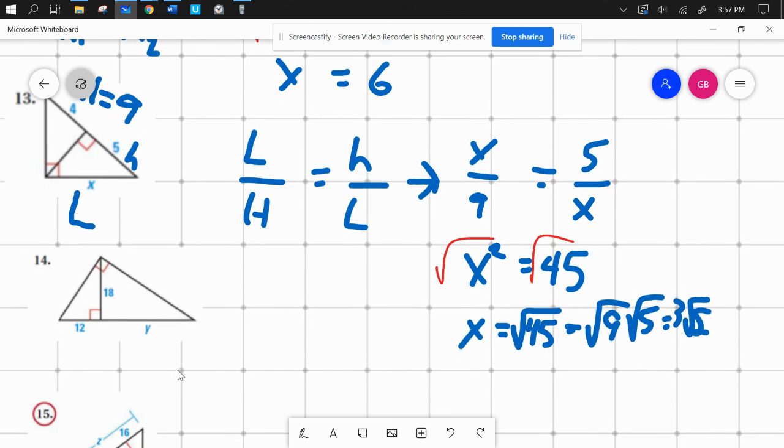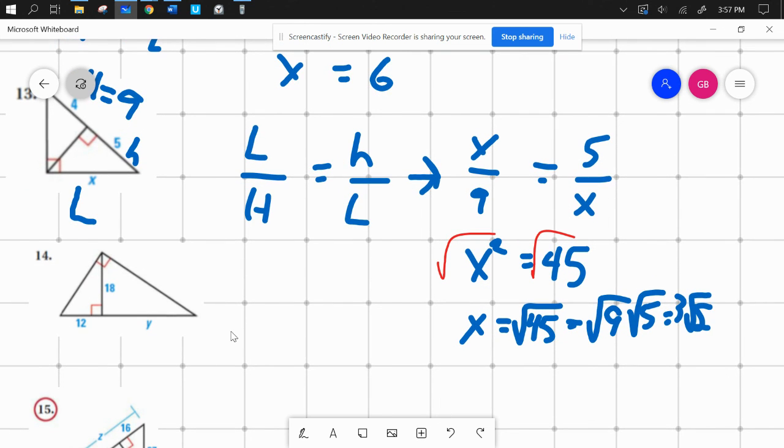All right. 14. Okay. Now, the variables over here